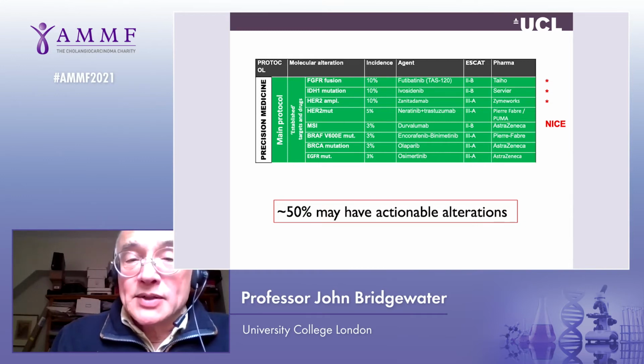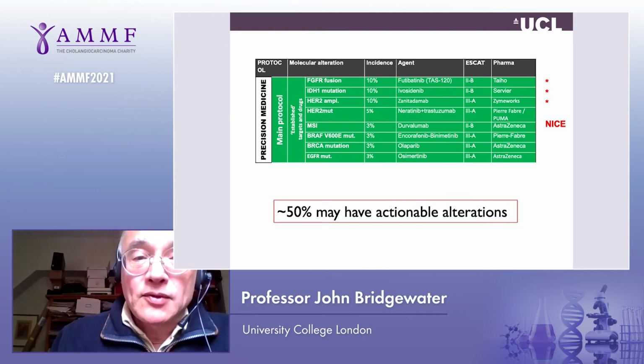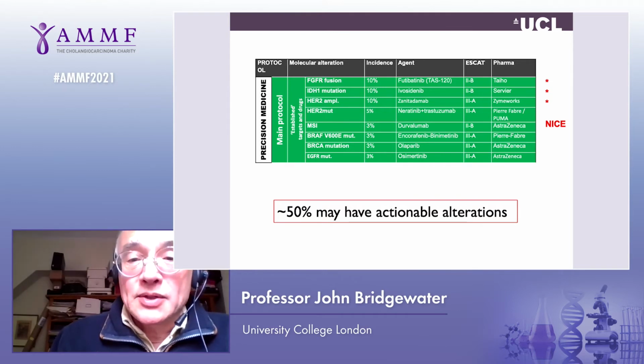What about the rest of them? In your average profile, we're looking these days for a number of other things in addition to the FGFR. We're looking for something called IDH1. We're looking for something called HER2, the breast cancer drug. We're looking for MSI, which is microsatellite instability. We're looking for a gene called BRAF. We're looking for a gene called BRCA, and also EGFR. If you add all of those up, approximately 50% of patients may have targets to be used, and that really